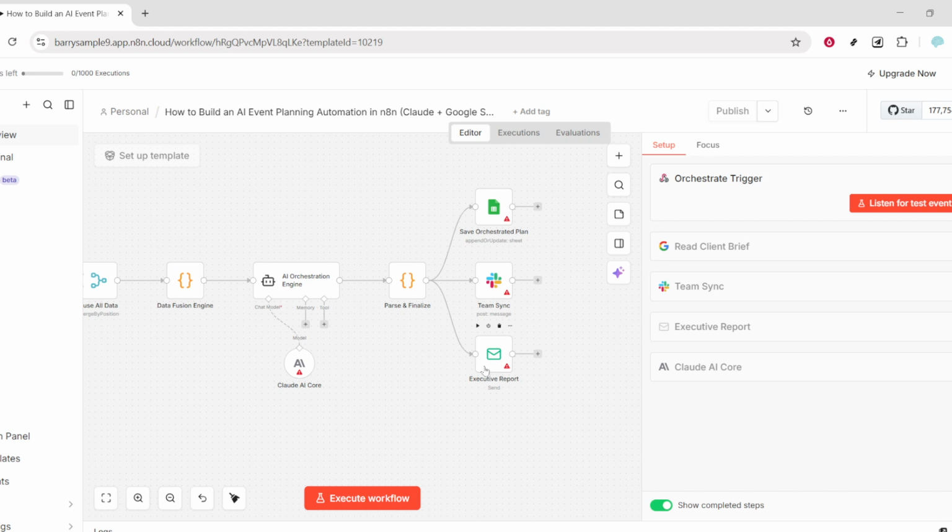A Slack message then alerts the team with the event name, approval status, savings estimate, risk level, and a link to the sheet. Lastly, an email delivers the executive report with the approval status, event ID, results, and AI recommendations. That's the complete flow, from trigger to sheets, analysis,